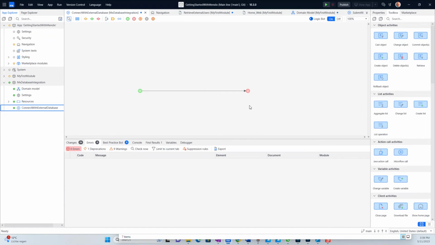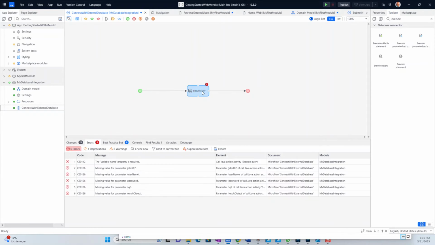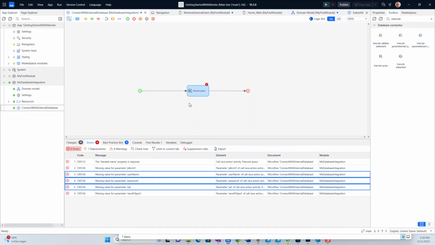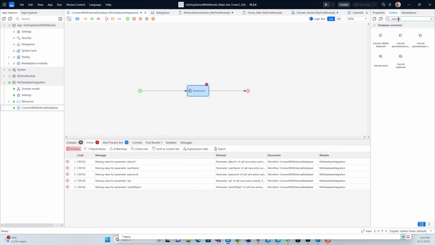The first thing we're going to do is look for the execute query, which is the main activity for running the connection, taking care of the results and also of the retrieved data itself. As you can see, once we drop the execute query activity, several errors occur which are all related to the missing connection or credentials. So let's first work on the JDBC connection here at the top,